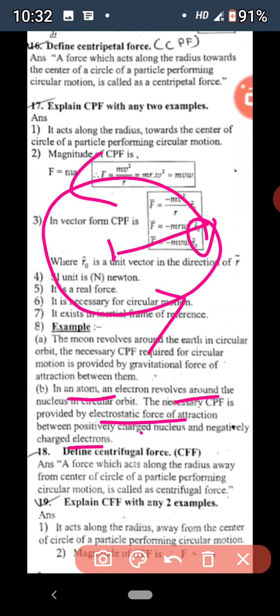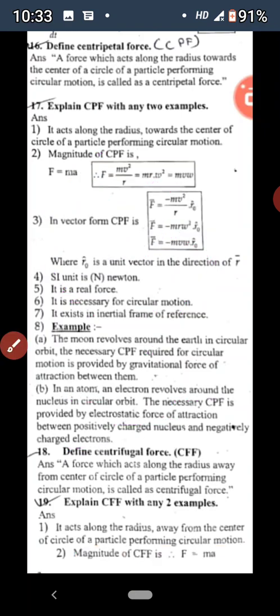In this case, who provides the centripetal force? The tension imparted by the hand. आपण इथं आपला हात आहे सेंटरला आणि दोरी धरली आपण, तो दगड असा इकडे सेंटरकडे खेचतो आपण, ओढतो. That force, which is that tension given by the hand, is nothing but centripetal force. So in this way, there are different examples of centripetal force.